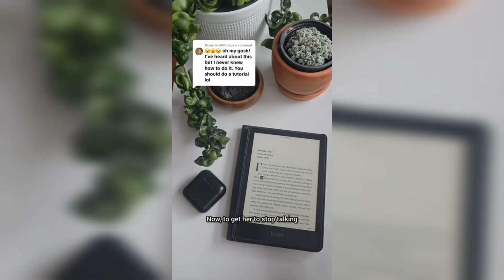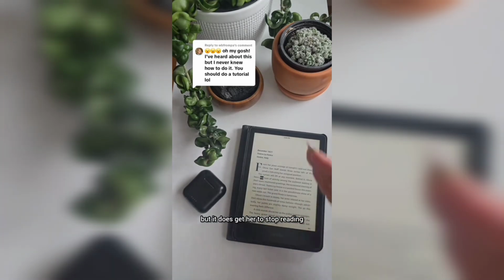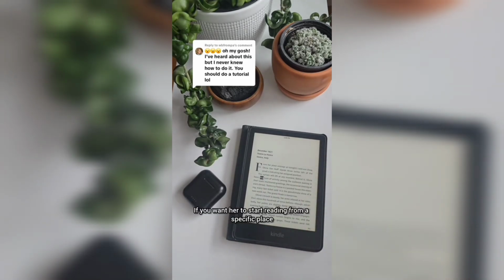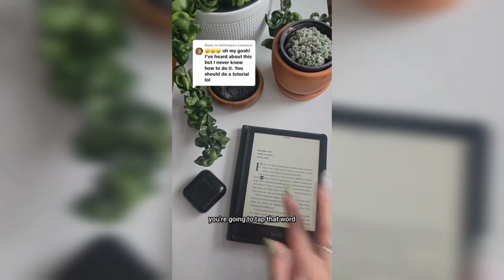Now, to get her to stop talking, you can literally just tap anywhere on the screen and she'll narrate the word that you've tapped, but it does get her to stop reading. If you want her to start reading from a specific place, you're going to tap that word, and then you can again trace an L,